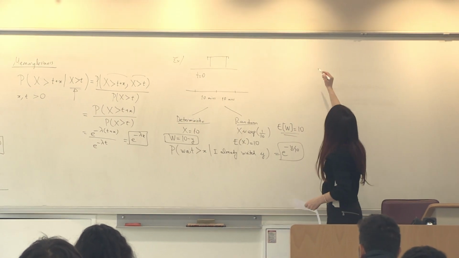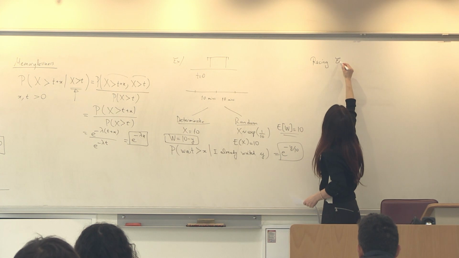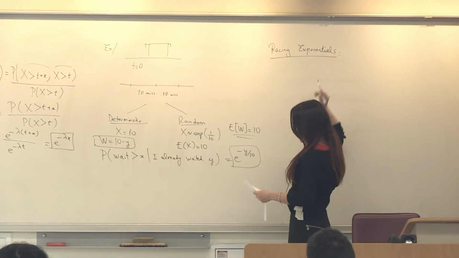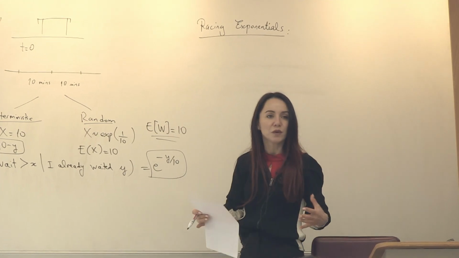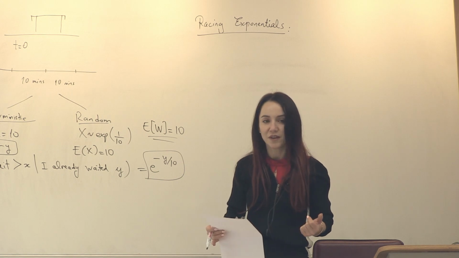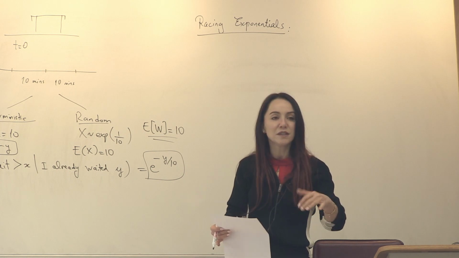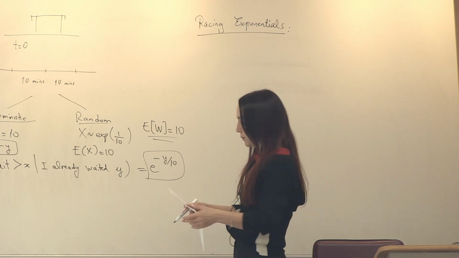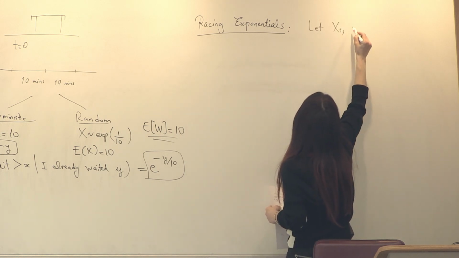So let's talk about the case of racing exponentials. Suppose we have two exponential random variables with the same parameter or different parameters. Okay? And we are interested in the minimum. Okay? What is the distribution of the minimum? Okay? So let x1, x2,